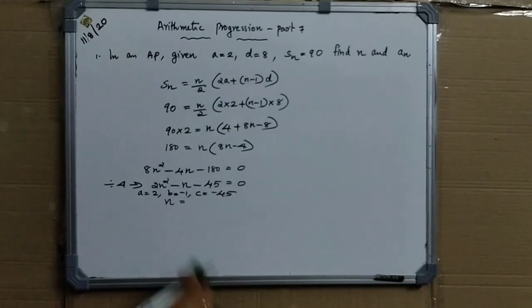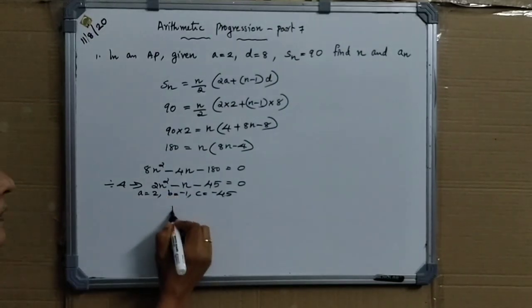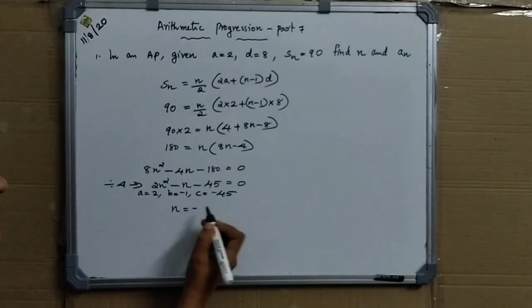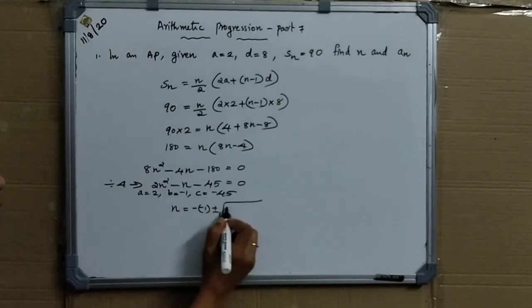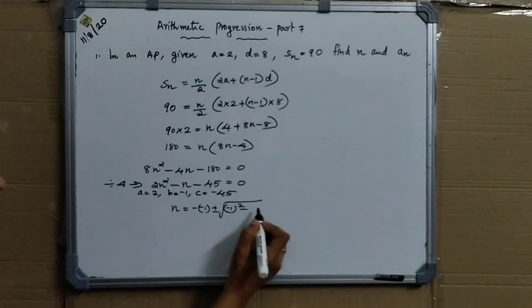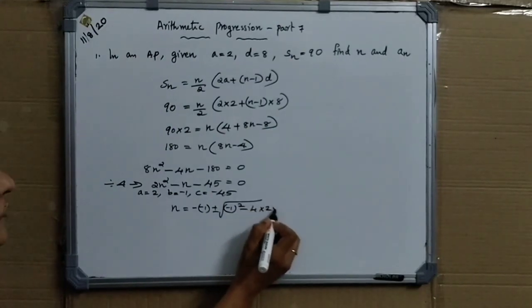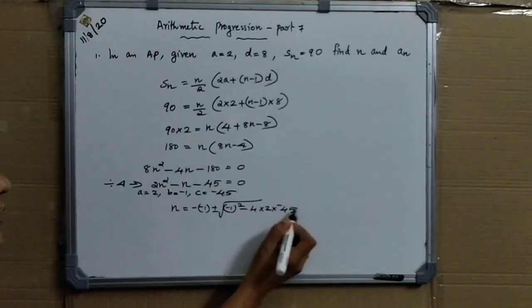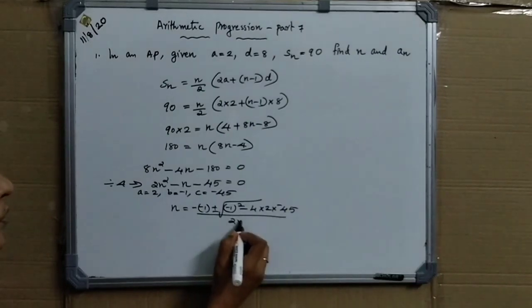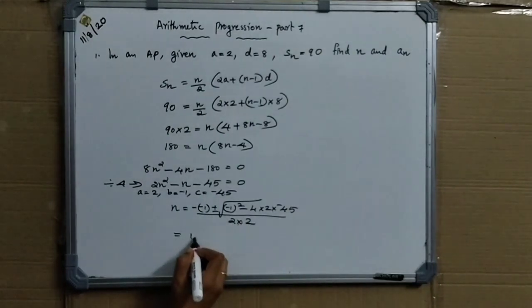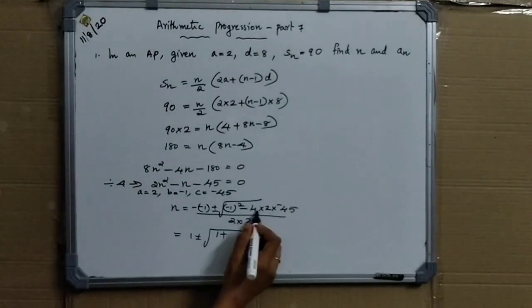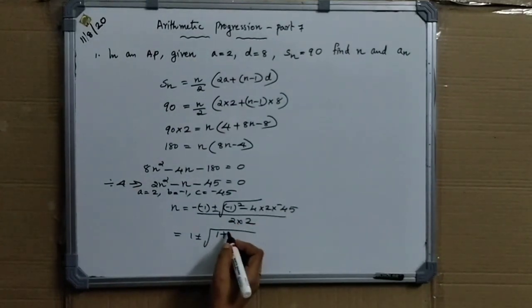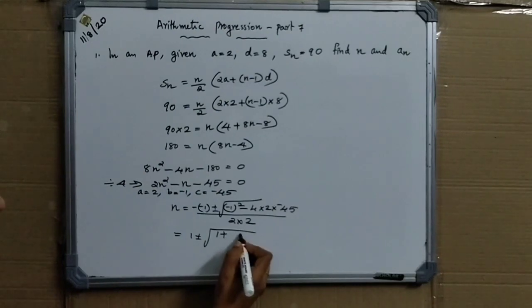So n equal to minus of minus 1 plus or minus root of b square minus 4 into a into c, by 2 into a. So 1 plus or minus root of 1 plus 4 into 2 into 45,